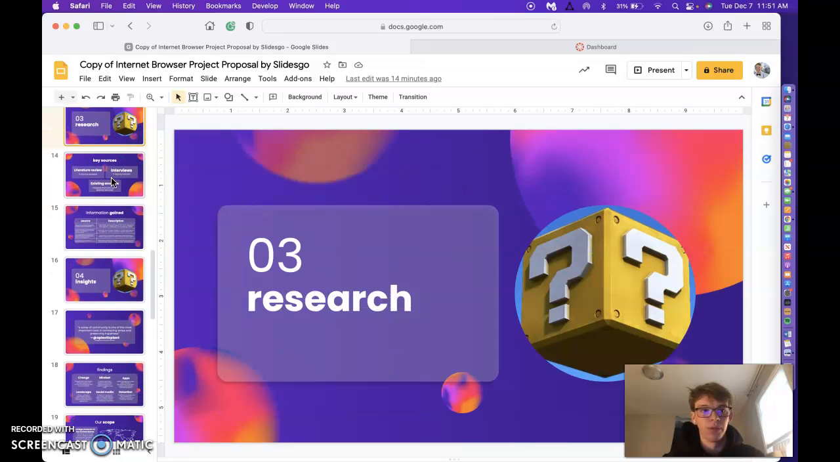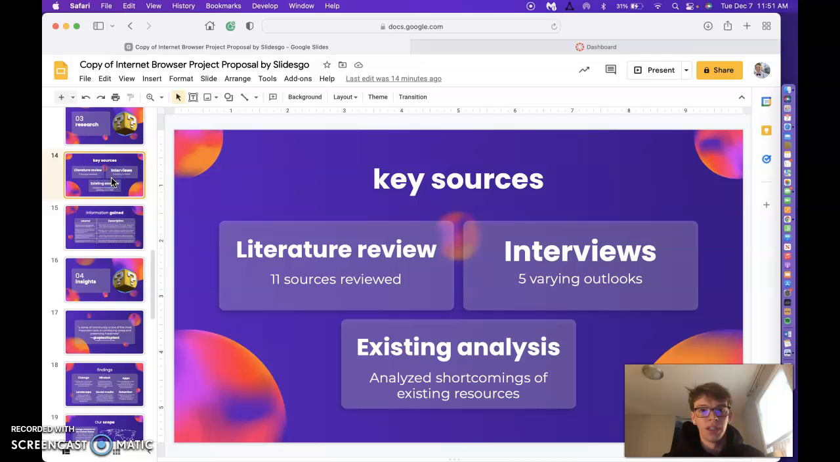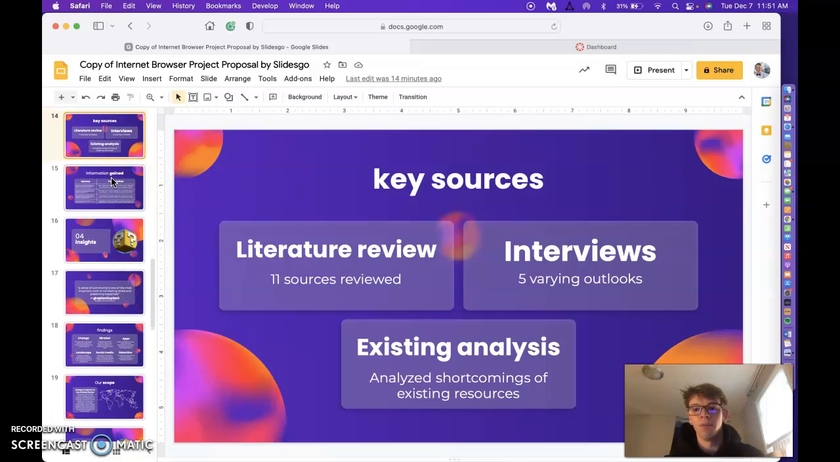So here we go. Part 3 is research. The key resources I conducted over the semester were literature review. I had 11 sources reviewed, 5 interviews, and existing analysis on some of the apps like Calm app, and basically some of the meditation apps. I further developed my approach as I went along, but it was started just looking at these meditation apps and